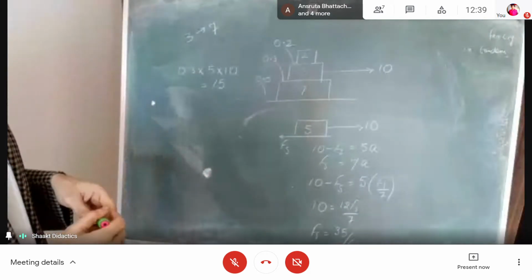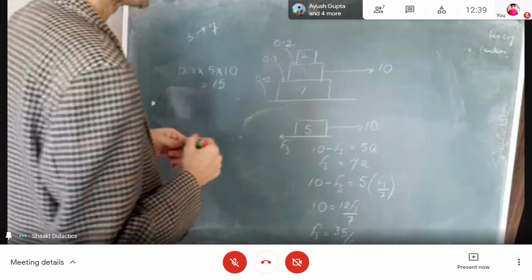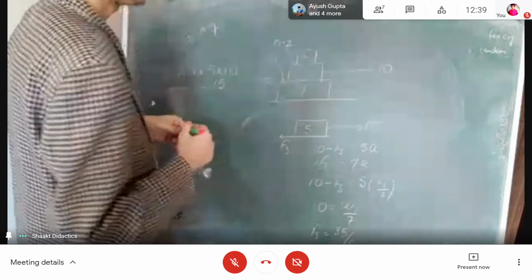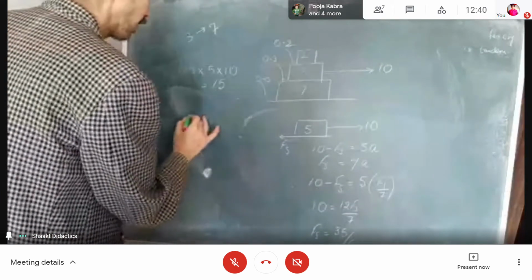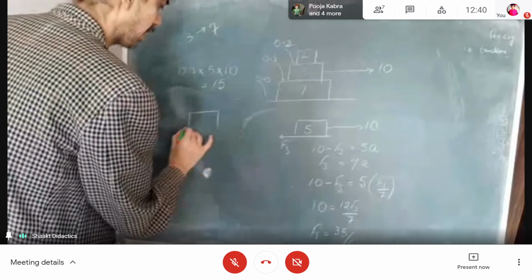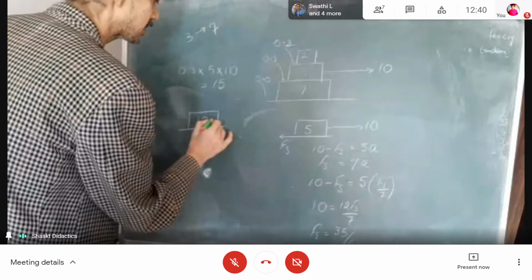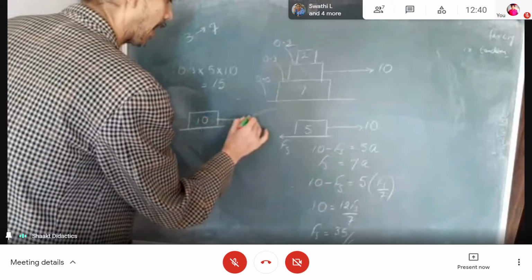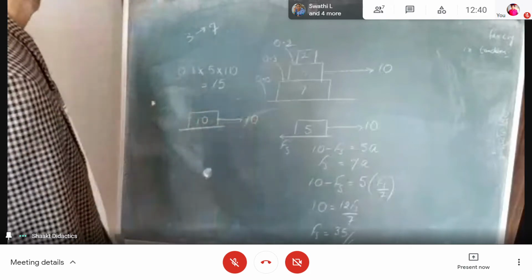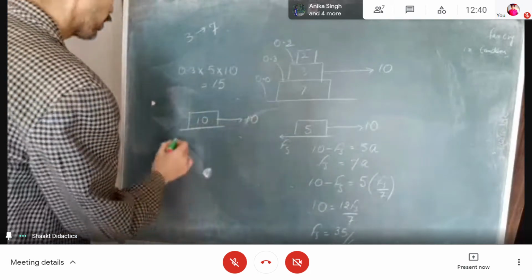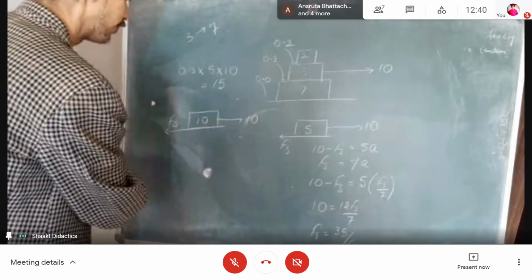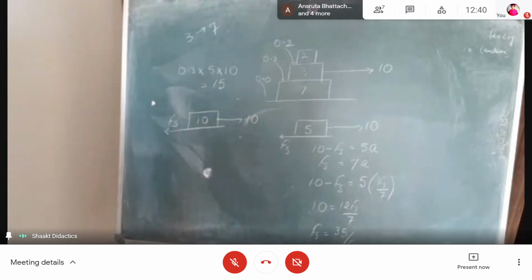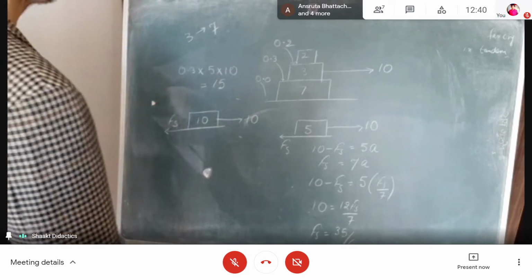Okay. Om, tell me what shall I do? So we take 3 and 7 as a system, the 10 kg block, as one unit. The 10 kg block is taken as system on which 10 is applied, right? Om? Yes, sir. So Fs will act in which direction? Backwards, right? Yes, sir. For the 10 kg block. Help me write an equation.